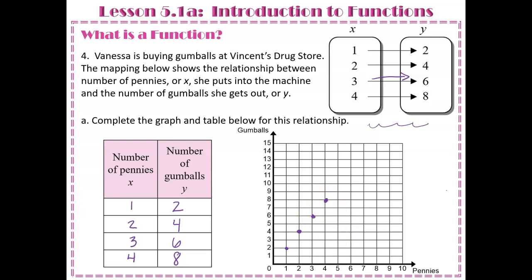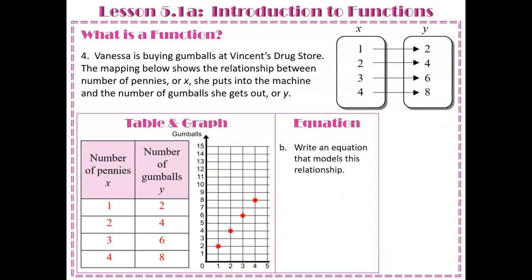Okay? See how these things are related between each other, the relationship between. So now we want to write an equation that goes with this. Okay? So our equation right here is how much for 1. That's our unit rate. If you can find 1 on your table, that's your unit rate, and that's going to be your